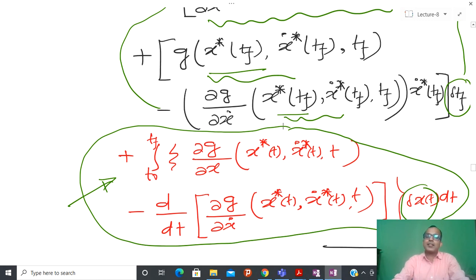In the next class, first I am going to tell you that if this function is not a scalar, then I have to talk about the generalized case. After that, one more case is involved: if I have some kind of constraint, because till now we are not considering any constraint. These 2 things we will cover in the next part of this course, and after that we jump to the optimal control problem. So with this remark, I am going to close today's lecture.